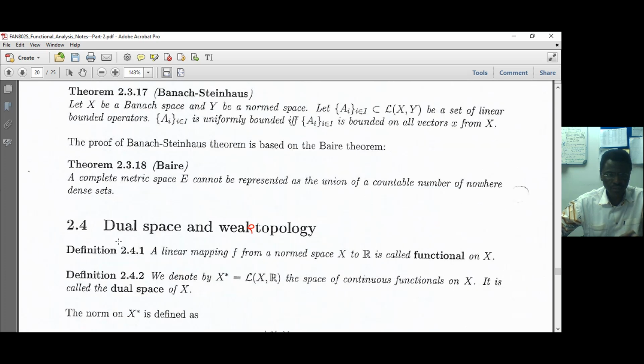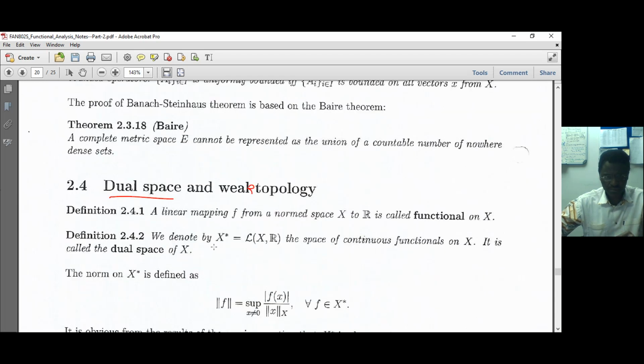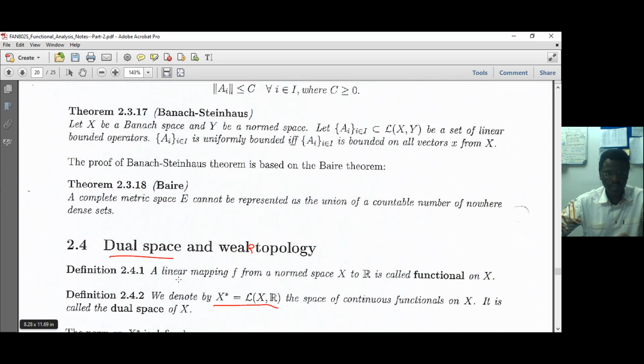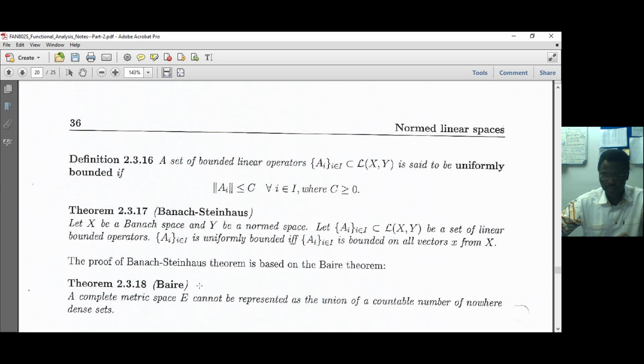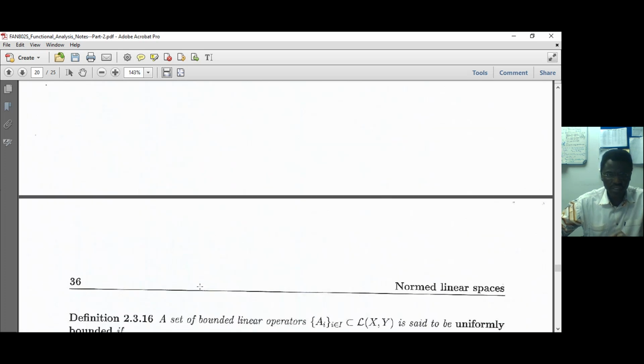Now the next, you see, I mentioned the dual space when Y is equal to R. When Y is equal to R, the dual space, you call it X star, which is the dual of X. But we'll talk about that in the weak topology later on. But what I want to do now is